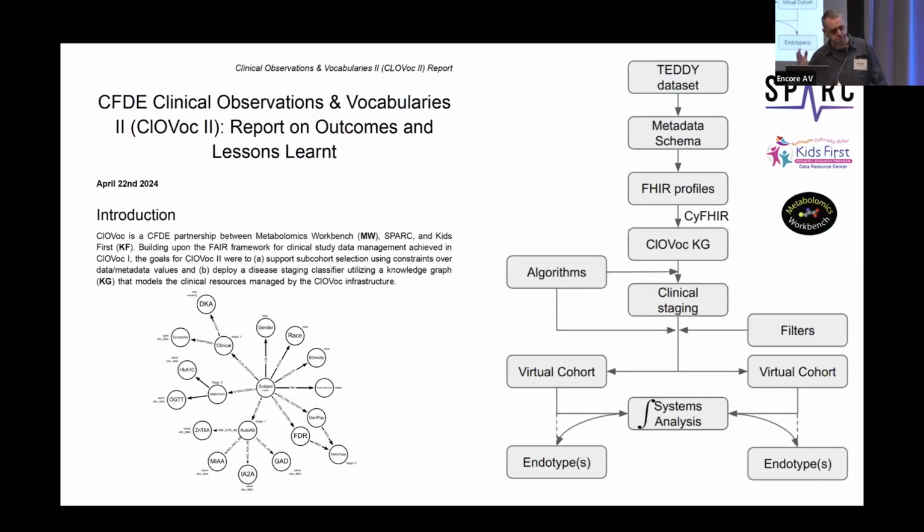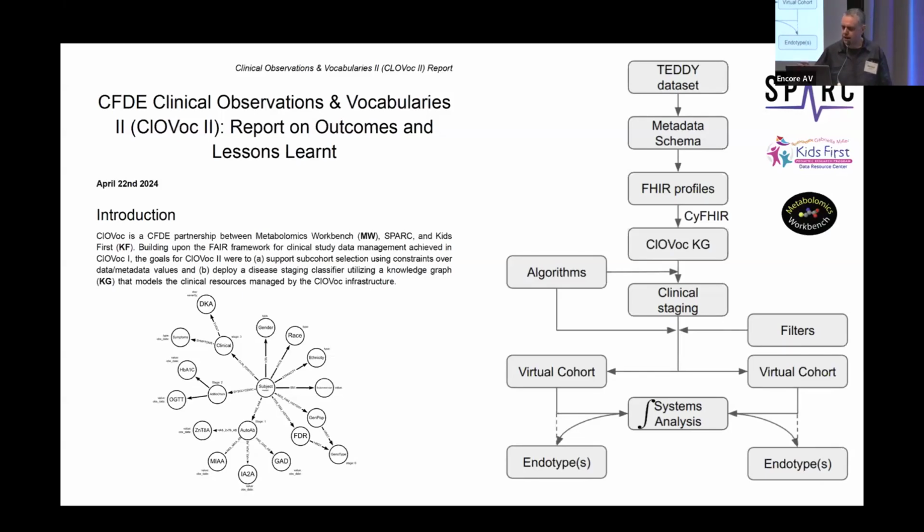Incidentally, by the way, resonating with items that were discussed yesterday during the DASH meeting, we only obtained the data dictionary from TEDDY once we got our application approved. So, by the way, if DASH can make the data dictionary available before approval, you are saving researchers so much time. I'm so grateful for this improvement.